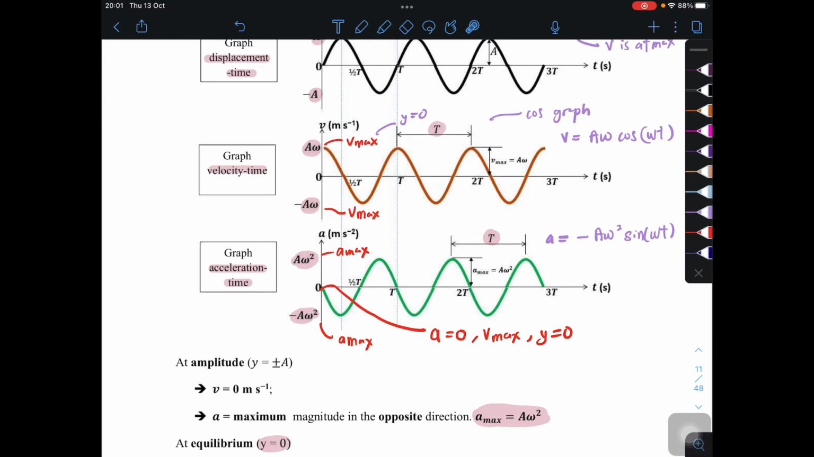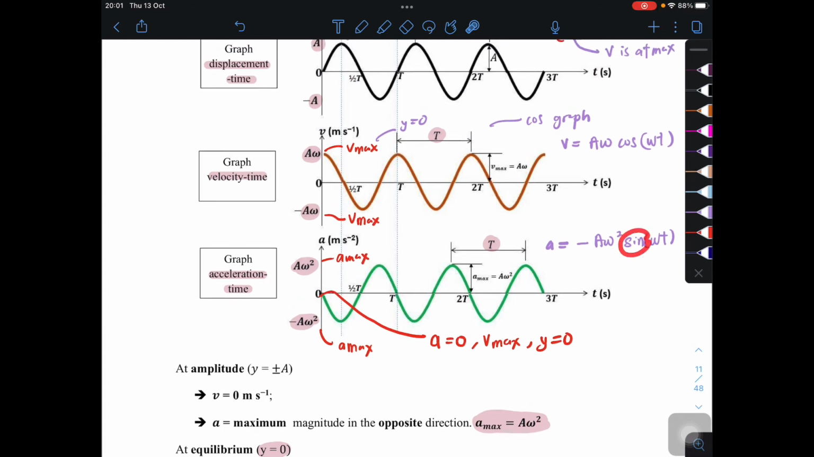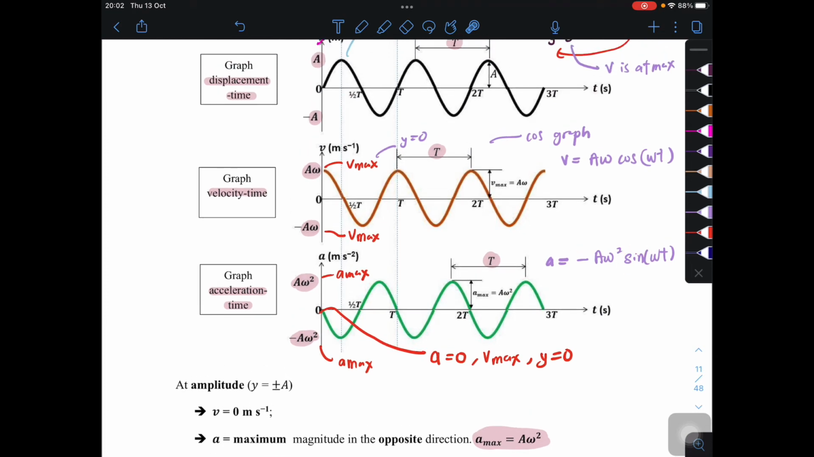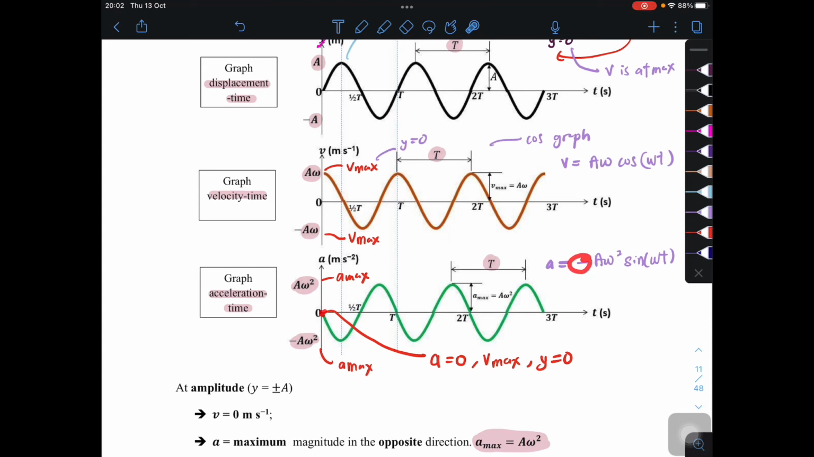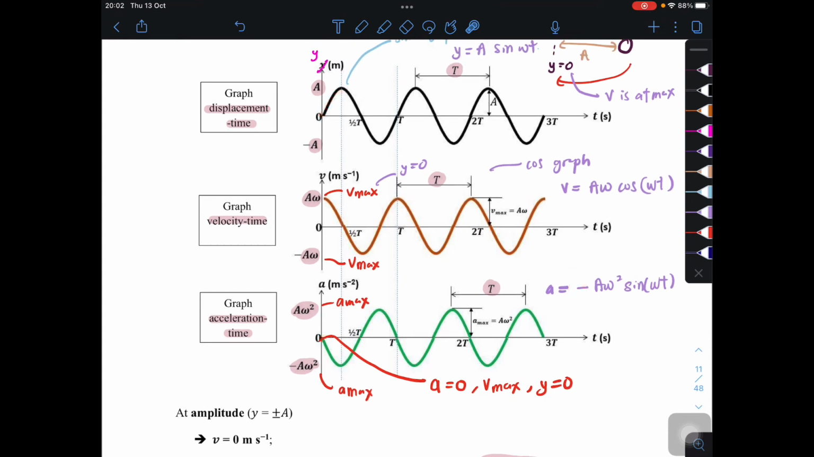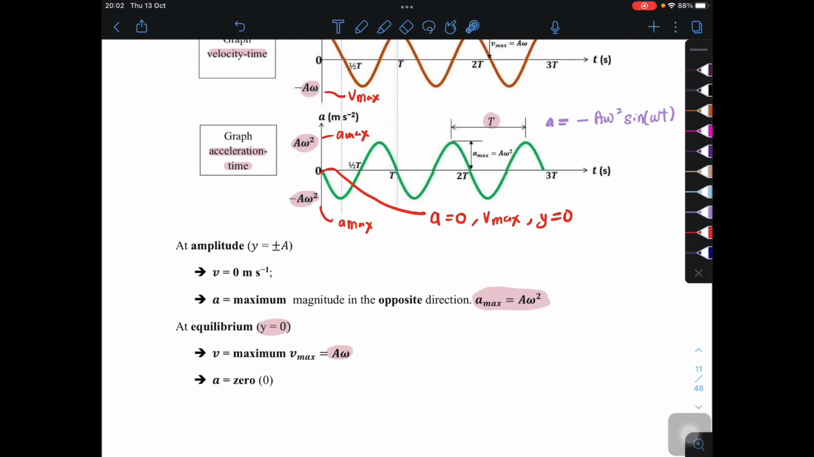So that's why this one is a sine graph. Kita tahu sine dia always start with 0. Tetapi disebabkan dia negatif, dia akan flip lah, dia akan terbalik dengan positive sine graph. So kalau negatif, dia akan start daripada ke bawah dahulu. Okay, so here kamu kena ingat,